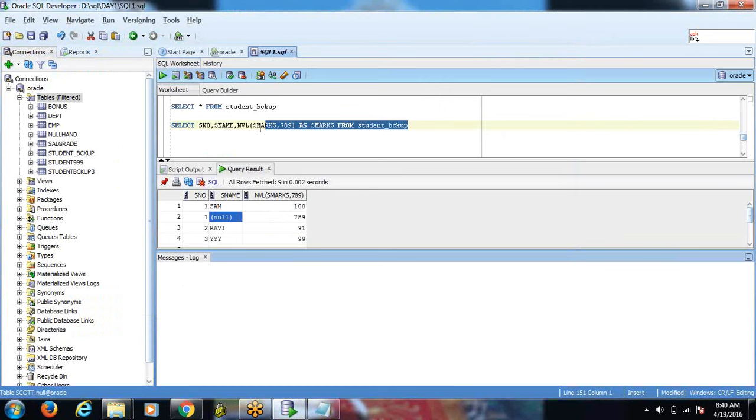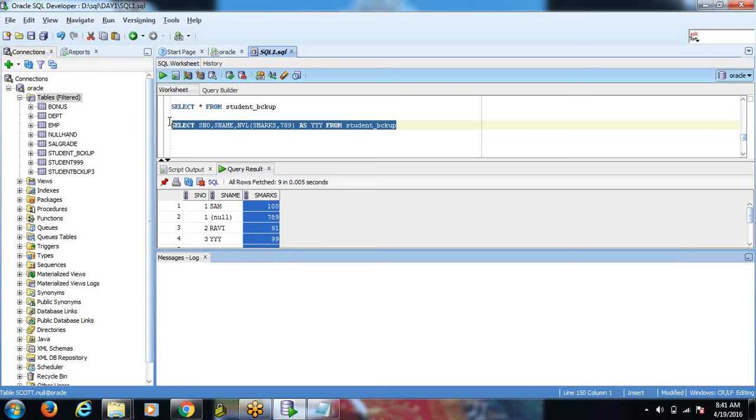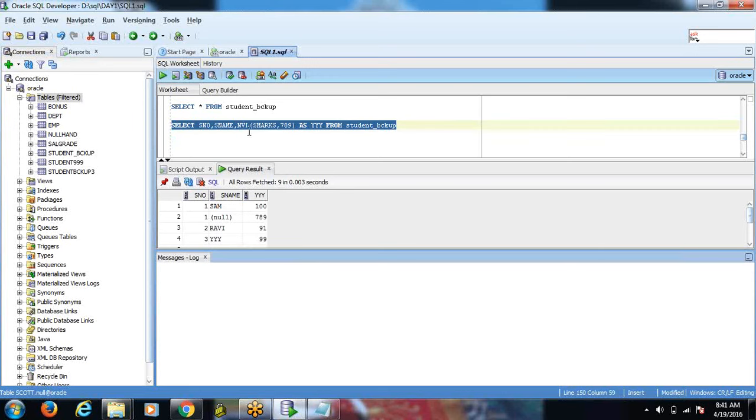I can do like this. Let us see what will be the output. Now it makes sense. You can use any columns, or else suppose here I can give the name also. While you are retrieving the output, you can use whatever the user defined column name. But when we are using some function, obviously it will retrieve the particular function as the column name.